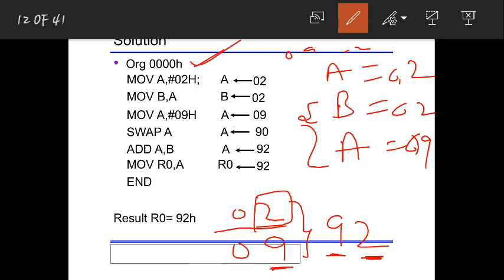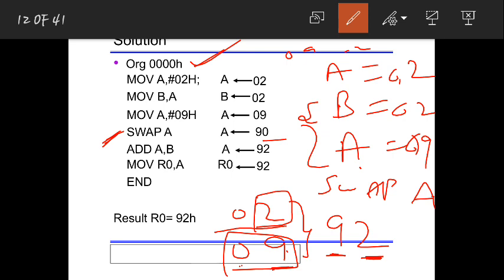So for that I can use the instruction SWAP. But what should I swap? I should swap only this, because in the place of 9 I should get 0, in the place of 0 I should get 9. So if I write SWAP, this 9 is in the accumulator, A. After the execution of this line, this 09 which was in A will become 90.